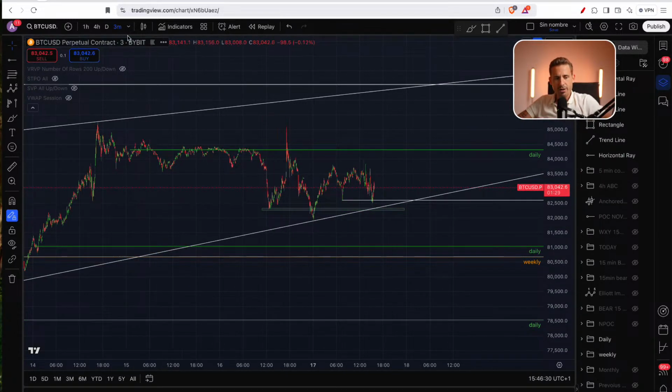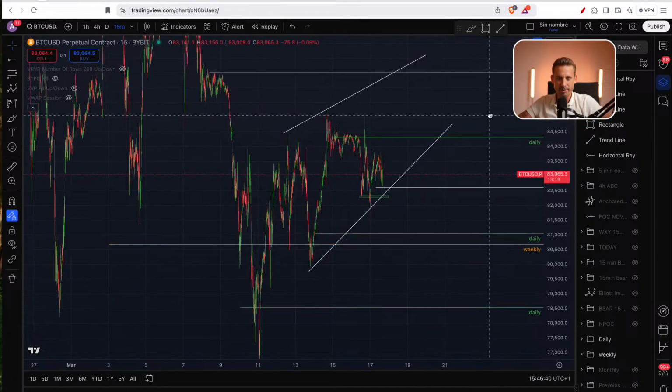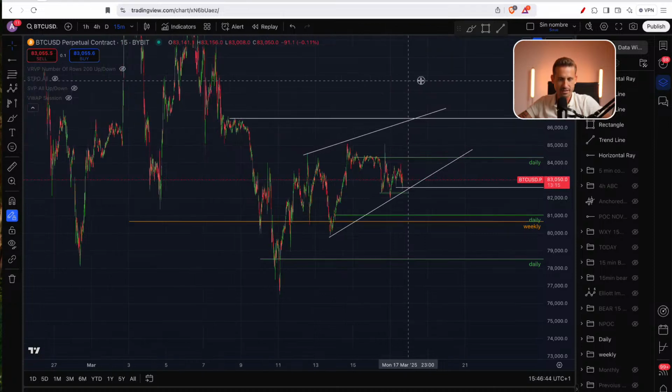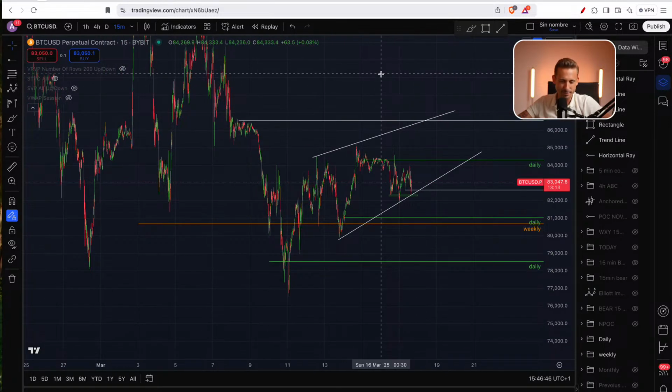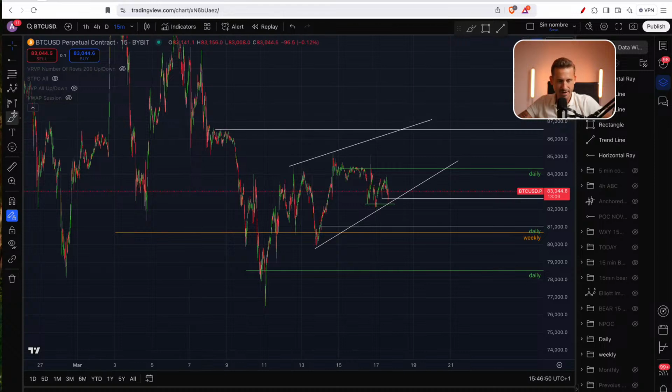Other scenarios on Bitcoin locally, I don't have any more, basically. I realized the bullish case here. I realized the bearish one as well. Not a very